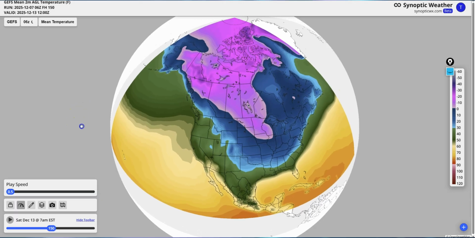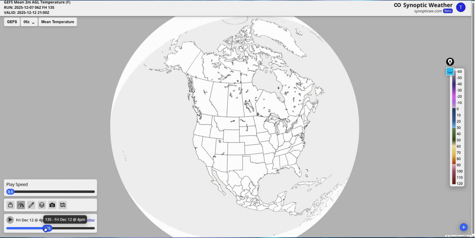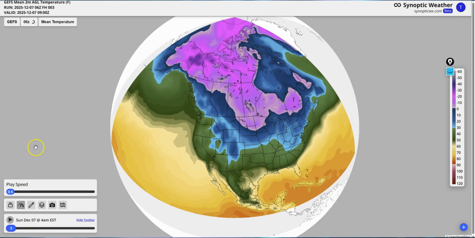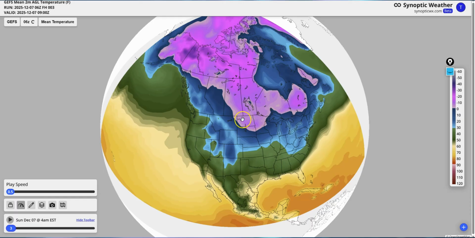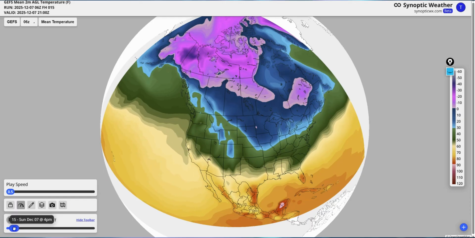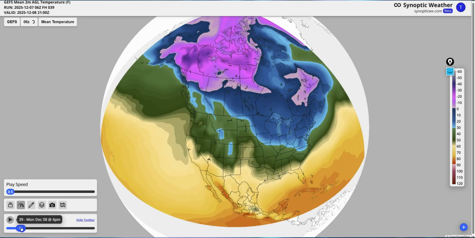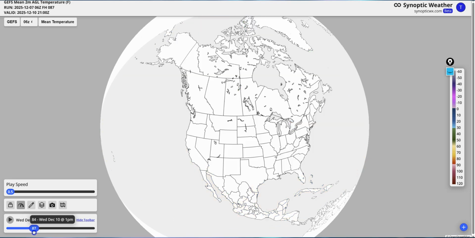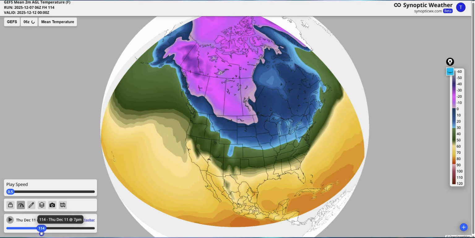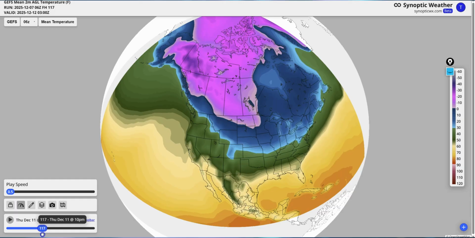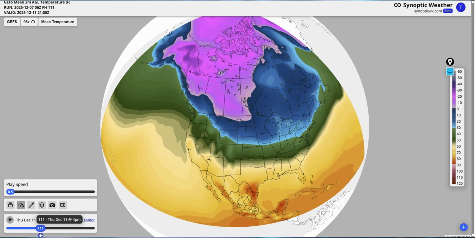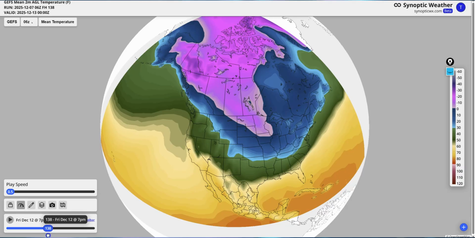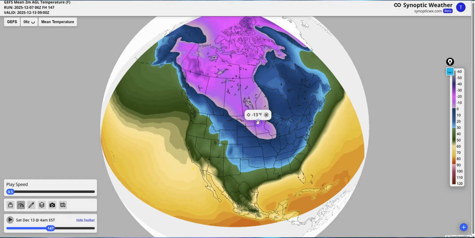So what are the sensible temperatures going to look like? This is one representation of this, of the sensible temperatures, what you would feel at the surface. Now this is air temperatures. I'm not talking about wind chills, right? So the magenta colors are the coldest, right? Warming up some for the continental U.S. You see the warmer temps there, right? You see this cold air pushing in, right? And with temperatures in the negative teens here,